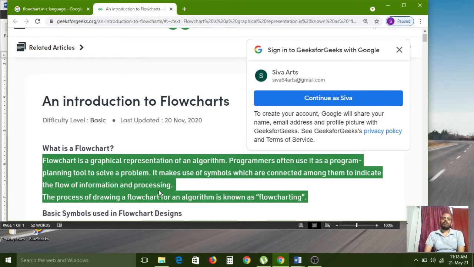So before creating the algorithm and before drawing the flowchart, whatever project requirements the owner expected should be clear, and they need to be mentioned clearly in the flowchart and algorithm.